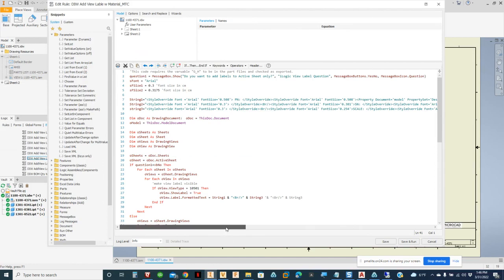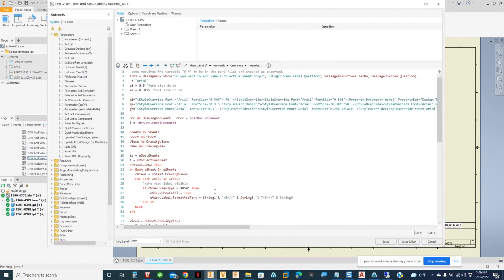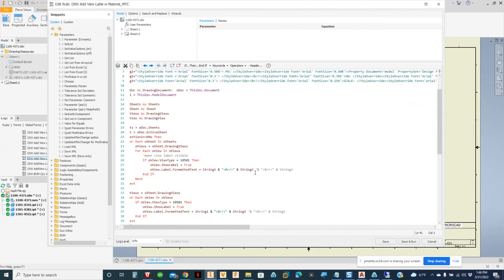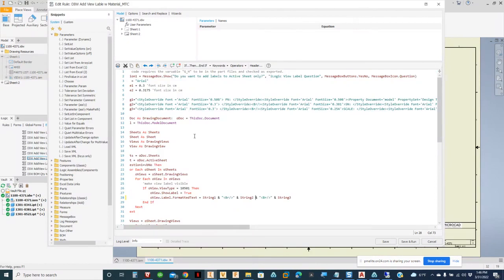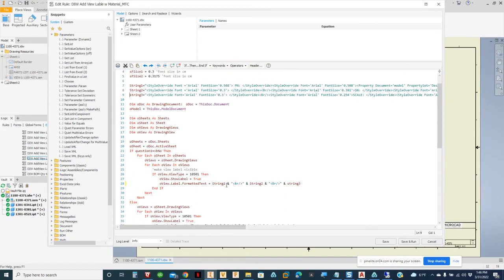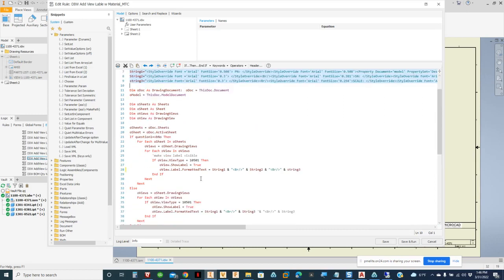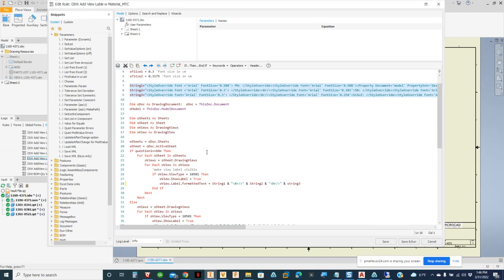Just like my stock number is not working here. And that's because I didn't do it. That's string 1, string 2, because I copied and pasted, and then string 3. So I am capturing the values, but I was only using string 1 and string 3, so I changed it around a little bit. I'm capturing the values that I need, and then over here is where I'm using them. But when we look at the code,